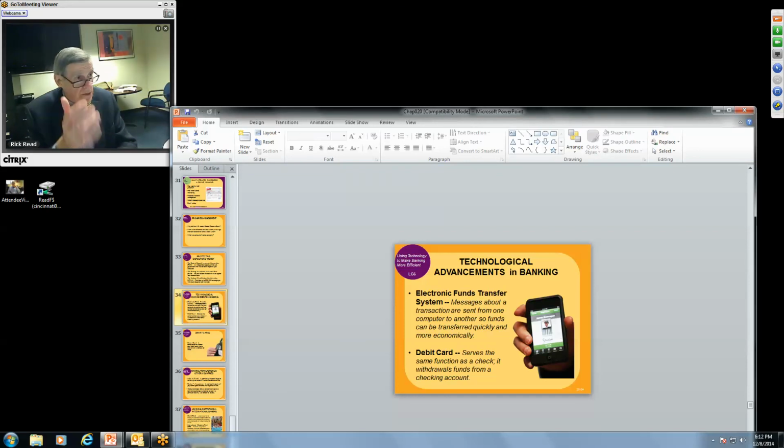A debit card is exactly what it says it is. When you use a debit card, your money is electronically deducted and sent to the organization that controls the debit card, and then that's paid to the company that you're doing business with at that particular time. It functions the same as a check. You just have to know that if you are going to use a debit card, that money comes out immediately. It's not like writing a check in a way.